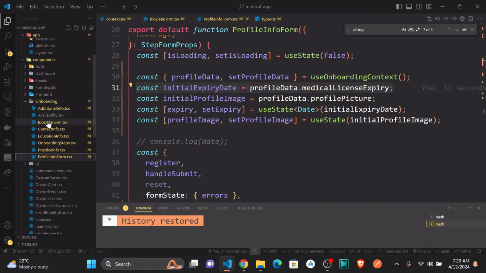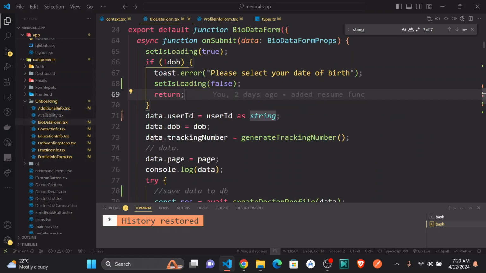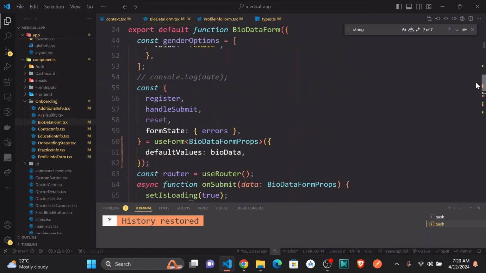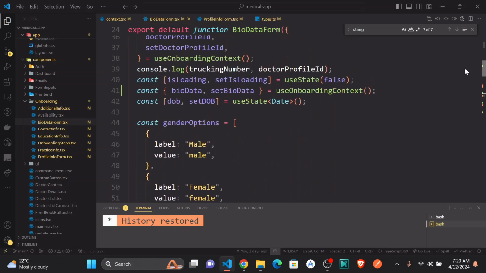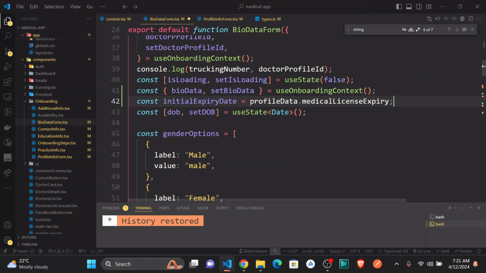And just go to the biodata. So here on the biodata, let's just go down here. And we have this. I can just go ahead, just go down here. And I say initialDate DOB